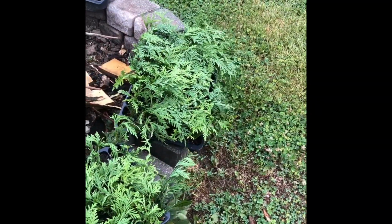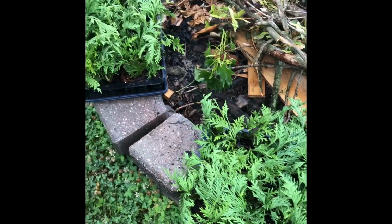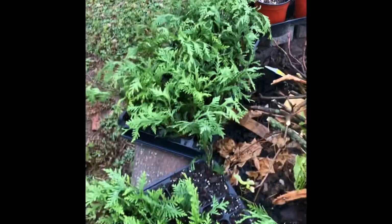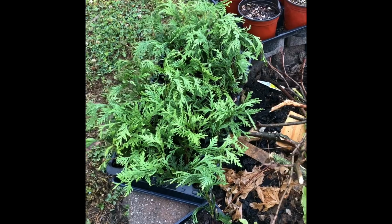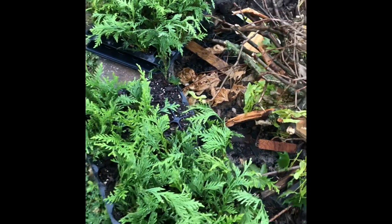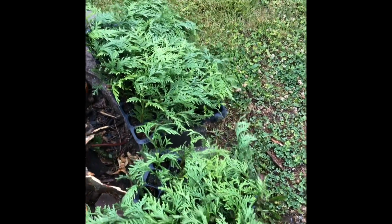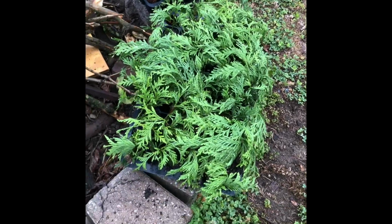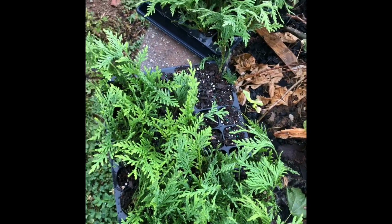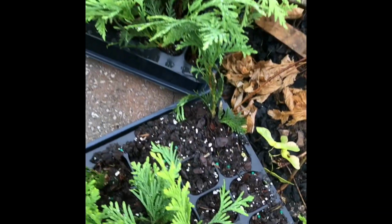All right, well, the Green Giant liners just arrived. 4 trays totaling 240. Unfortunately, the carrier who transported them from Florida up here to Delaware did not really follow the instructions on the side of the box about keeping this end up, because there were small plants out of their trays and lying all over the boxes. As you can see here,